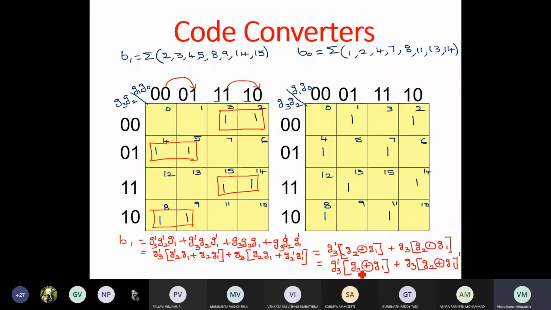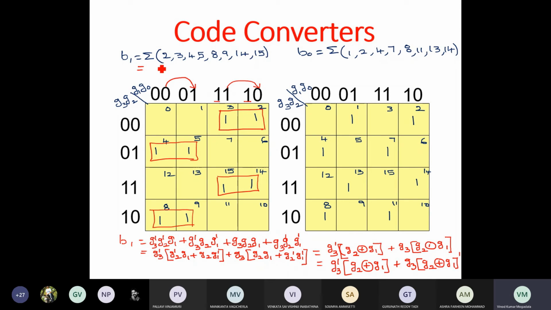So now if you consider Z2 XOR with Z1 as some X, then it is Z3 prime X plus Z3 into X prime. So this is again XOR operation between Z3, Z2, Z1.